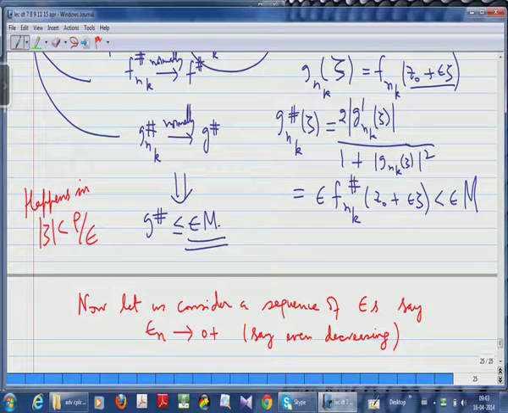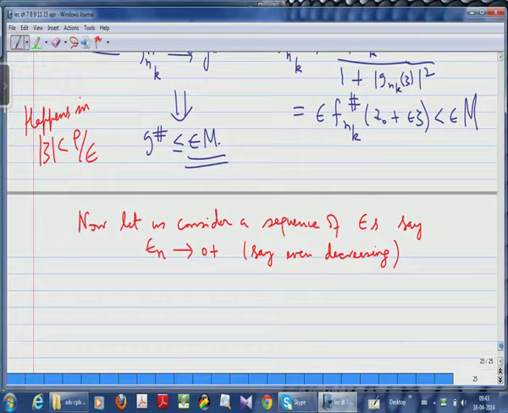Anyway, a sequence going to 0 is eventually going to be a decreasing sequence, strictly decreasing, and you can think of it as smaller and smaller neighborhoods. Okay, then what happens is that